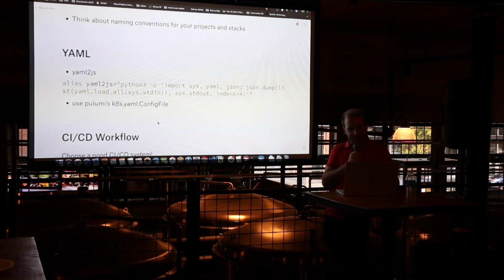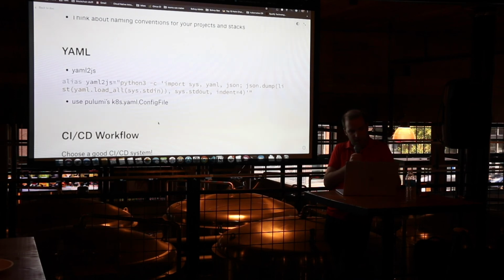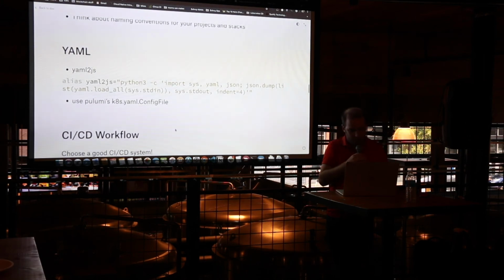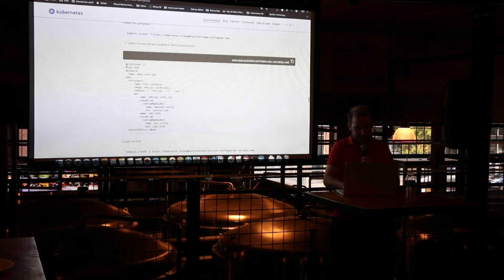Yeah. Last but not least, I think when you work with Kubernetes and also still with Pulumi, you still oftentimes have to deal with YAML. And it's actually very useful to know that you can convert YAML very quickly into Pulumi configuration just by converting it to a JavaScript JSON object literal, which you pipe to your TypeScript file, and then you format it. So, for example, let's say this example here, just copying some random stuff from the internet,